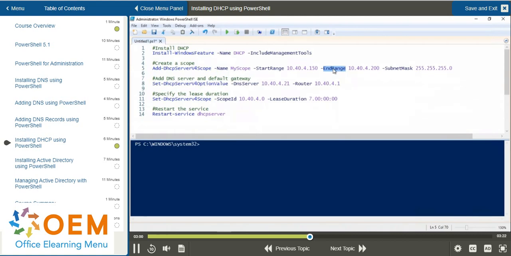Okay? So again, use whatever values are applicable to you for the starting IP address and the ending IP address. I have them both here. And then the last